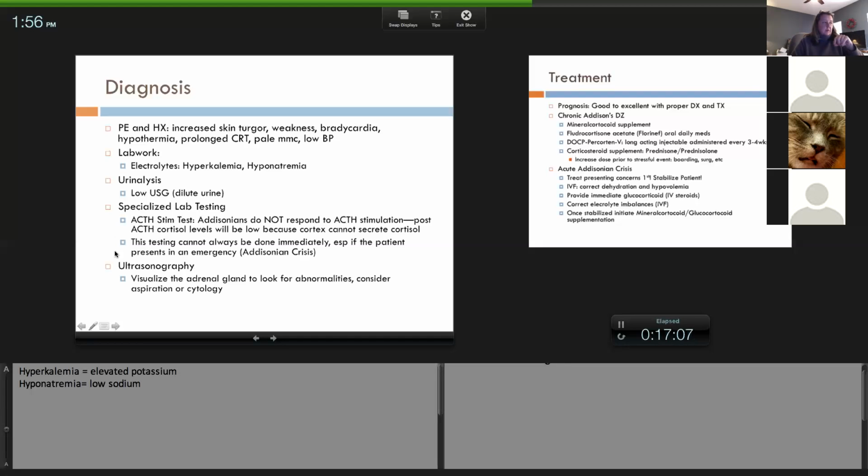The problem is, and what I put here as a note, this test can't always be done. Number one, a lot of times when these animals present, it's in crisis, and in an emergency, our first job with that dog is to stabilize it: put in a catheter, get its blood pressure up, get its heart rate up, get it on a heating pad, get the dog more stable. So ACTH isn't like, boom, we're going to do an ACTH when an animal's crashing. You're going to get your baseline blood work, and you have to stabilize the clinical signs. That's right off the bat.